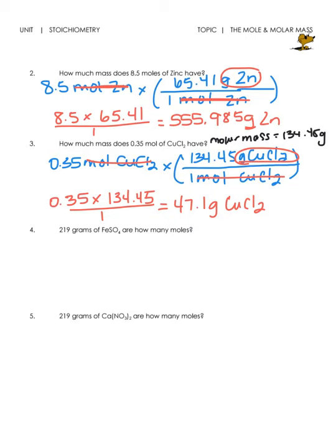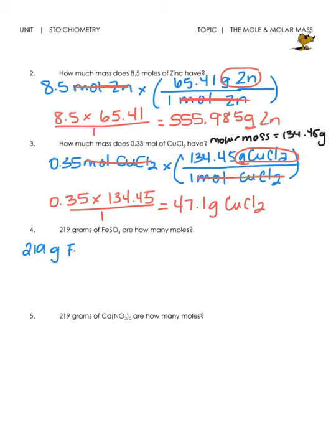Okay, so problem number 4 is a little bit different. What I mean by that is that it reads: 219 grams of FeSO4 are how many moles? This problem is asking us to convert from grams to moles, whereas the other ones have been asking us to convert from moles to grams. But I'm going to use my 6 steps for solving these dimensional analysis problems. So I'm going to write my given, which is 219 grams